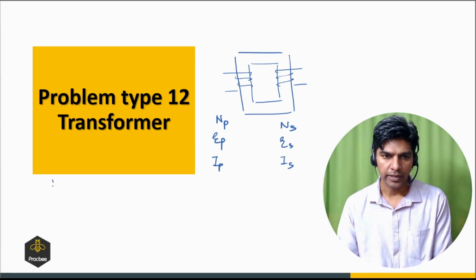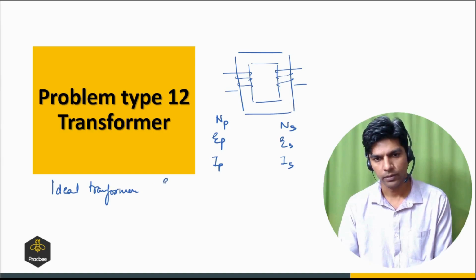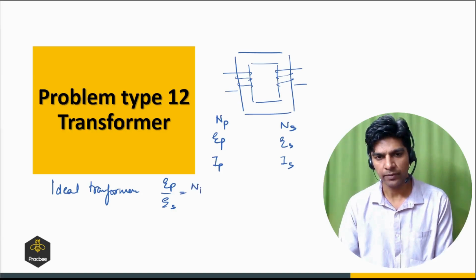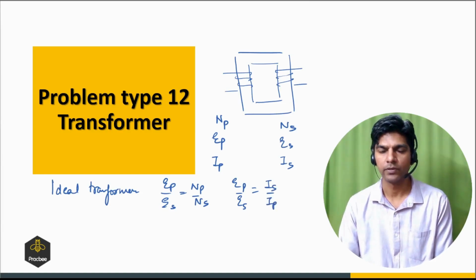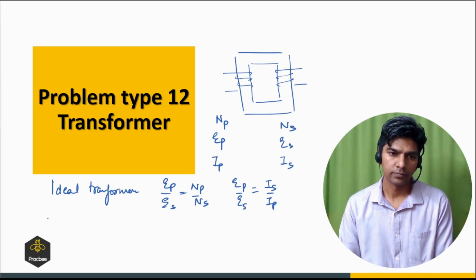So in case of an ideal transformer, EP by ES will be NP by NS, and EP by ES is IS by IP, right? So that you have to remember. And in case of a real transformer,